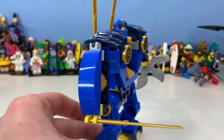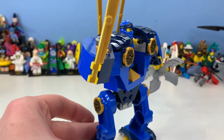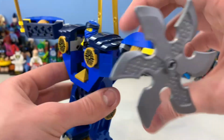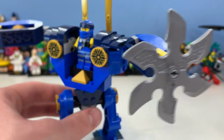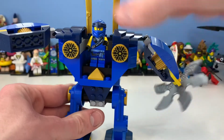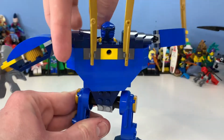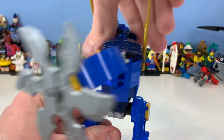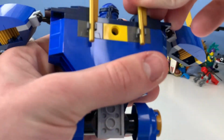You can see the little sword on the front, which is pretty cool. I like the fact that we have got that there. And then we have got this little blade, which honestly, I don't know if I should be terrified or not of this thing. Is this terrifying? I don't know. And he can do a 360 round, which is pretty cool. Is that terrifying? I don't know. So yeah, that is the Electro-Mech, which honestly, it is so simple,